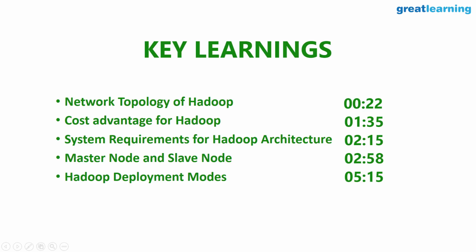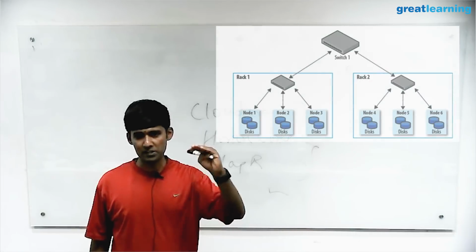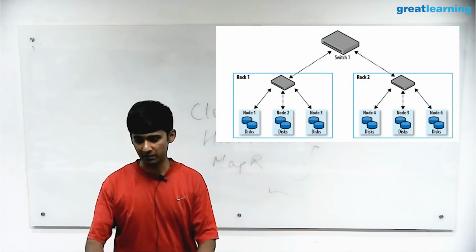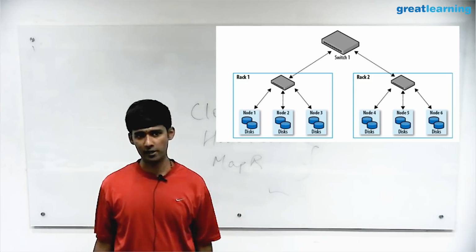So how does a network topology look like for Hadoop? This is a simple 13 node cluster. But in the industry, what will happen is you'll have racks or stands basically, on which multiple of these data nodes are interconnected by a device called a switch. If you want to interconnect multiple computers to talk to each other, you require a networking device called a switch.